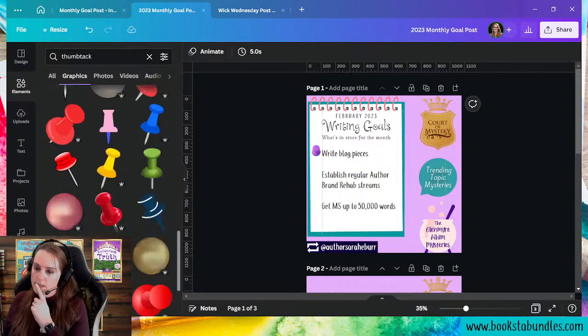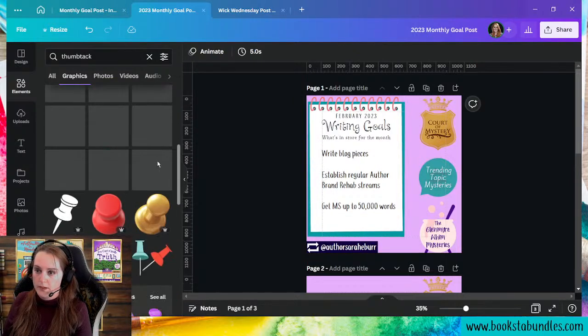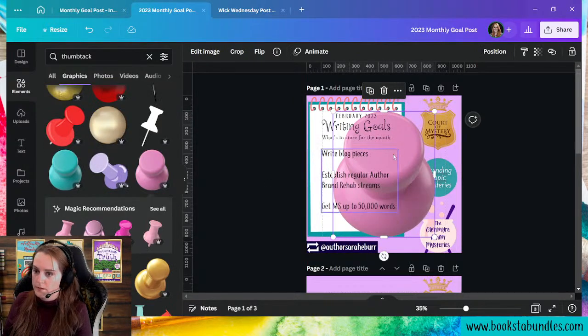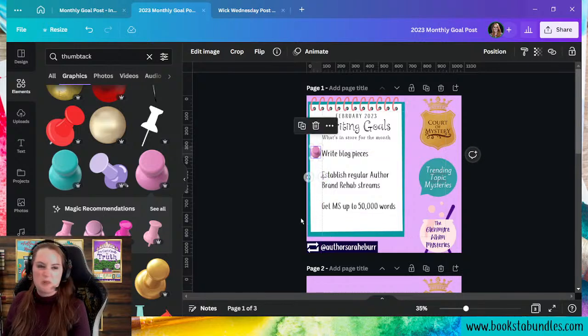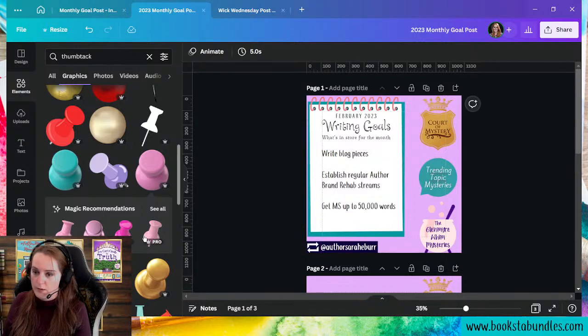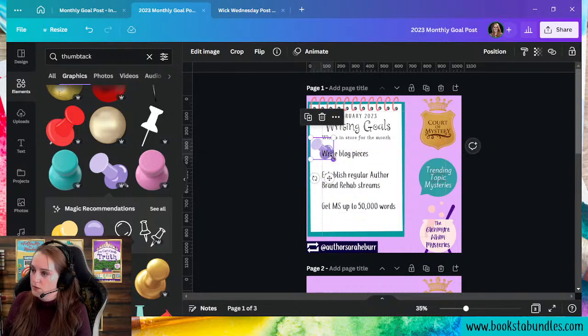Do I like that? I don't know. I almost don't like the purple. I might go, let's see what the pink one looks like. Right, blog pieces. That one kind of looks like an eraser head. I don't like that one either. This one was kind of fun, although I cannot make color changes to it, so